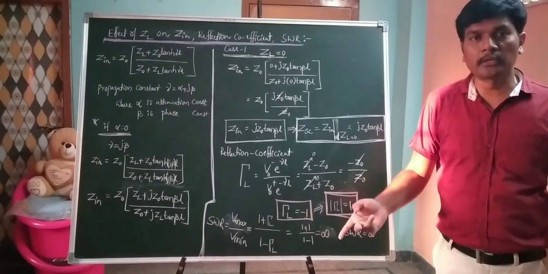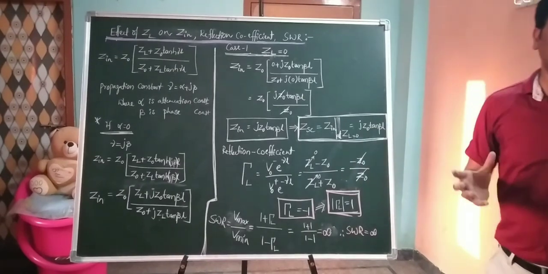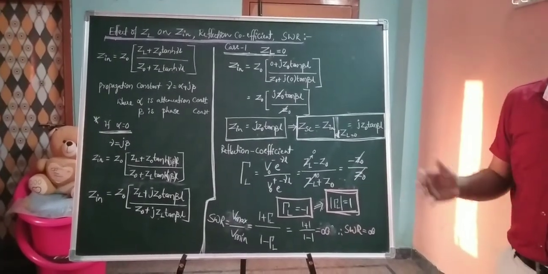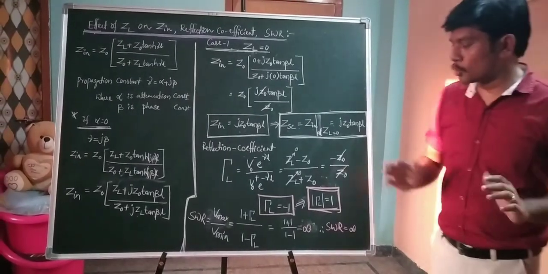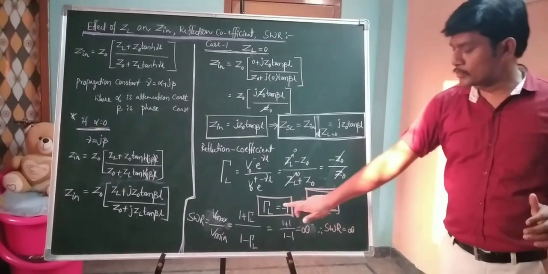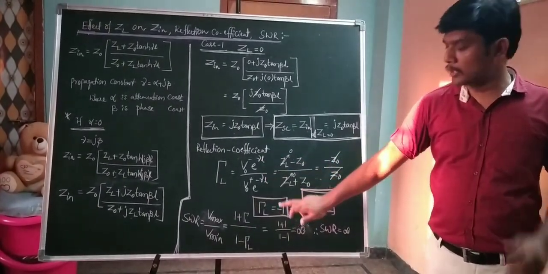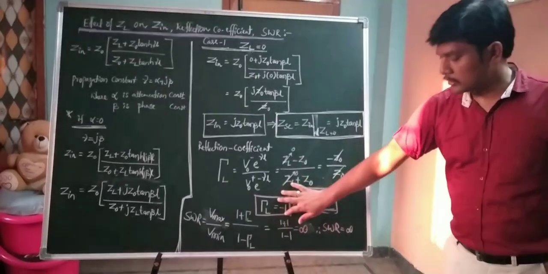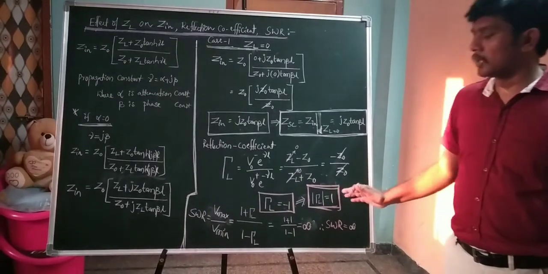That means the two signals are exactly out of phase. The phase difference between the incident signal and the reflecting signal is a 180-degree phase shift. Then the magnitude of the reflection coefficient becomes 1. The negative sign represents that the reflecting and incident signals are out of phase by 180 degrees, but generally we consider the magnitude of the reflection coefficient, which is equal to 1.